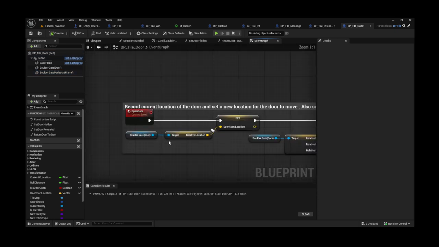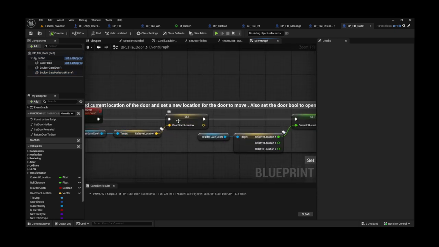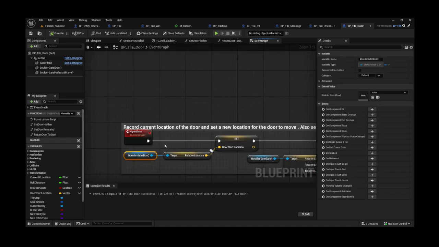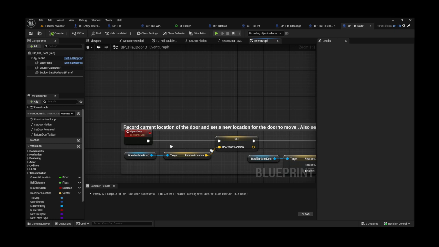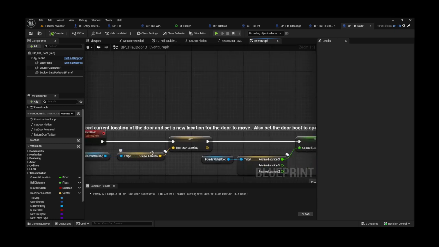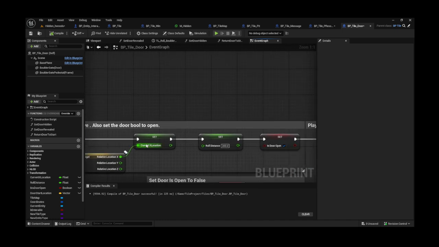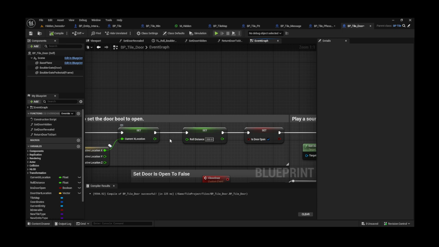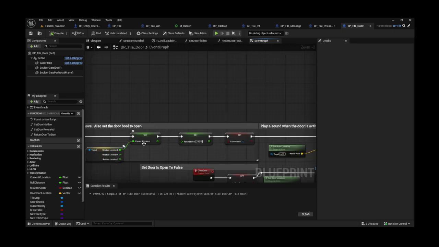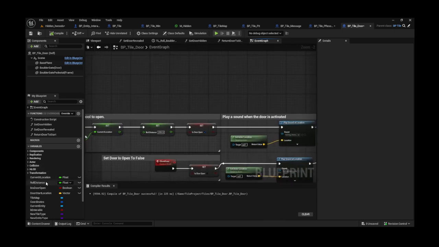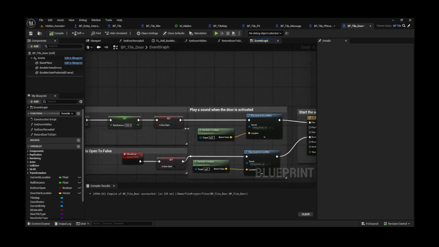So for the actual door, this comes into play towards the end with these 3 functions. And the boulder gate door, I'm just gonna say door. I pulled its relative location and set it to a variable. You set its current x location to a variable. So you just pull off this, promote a variable, set it, name it current x location, and here I created another variable, named it roll distance, so I could have the timeline